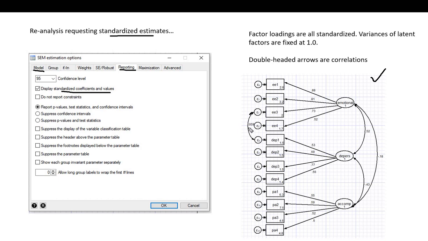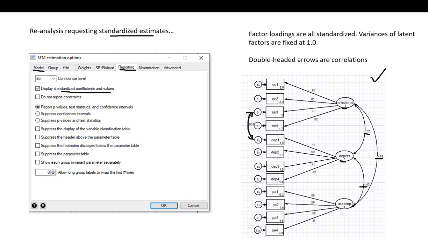So the double-headed arrows that you see within this diagram are now going to be correlations. To the left, for EE3 and DEP1, that's the correlation between those two error terms, and to the right you can see the correlations between the factors. The correlation between emotional exhaustion and depersonalization is 0.52. Between depersonalization and accomplishment, it's negative 0.43, and between emotional exhaustion and accomplishment, the correlation is